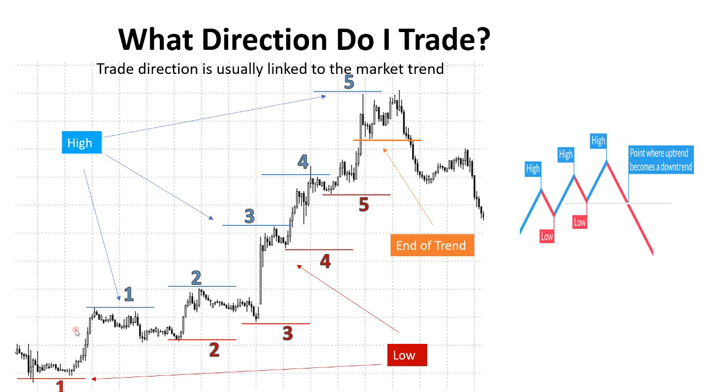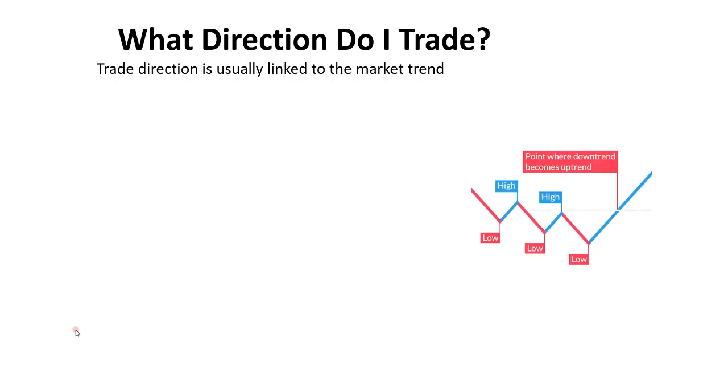Let's look at the second direction, which is the downtrend. For a downtrend, you have a series of lower highs and lower lows. So a series of lower lows and lower highs, that is a downtrend. You can see this low is lower than that. This one is lower than this. The same thing, this high is lower than that high. So when you have this combination of lower lows and lower highs, you say you are in a downtrend, and